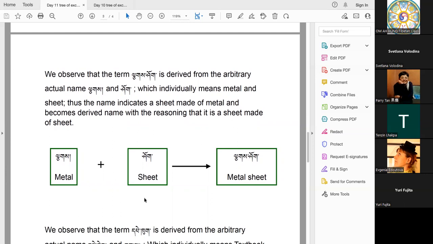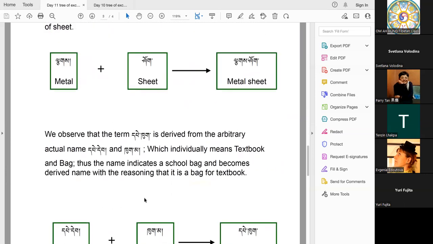So we see that this is an actual name because it represents that thing, which is the metal sheet, and it is derived from the arbitrary name. Now, finally, we observe the term pekuk is derived from the arbitrary terms petep and kukma,